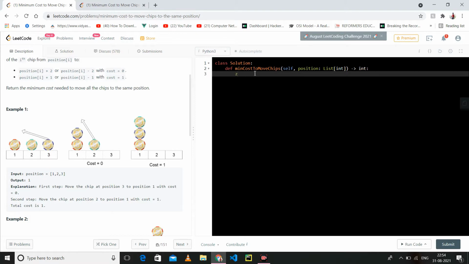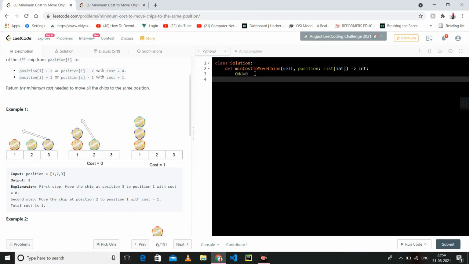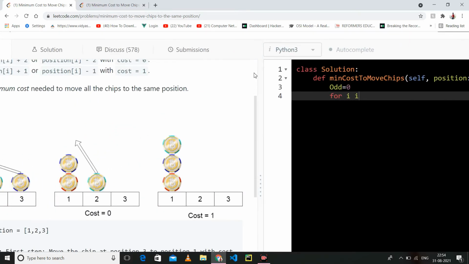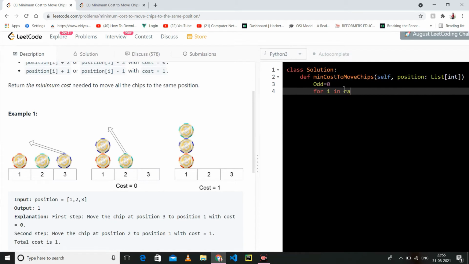So let's take even as 0, odd as 0. What I am doing is just traversing.